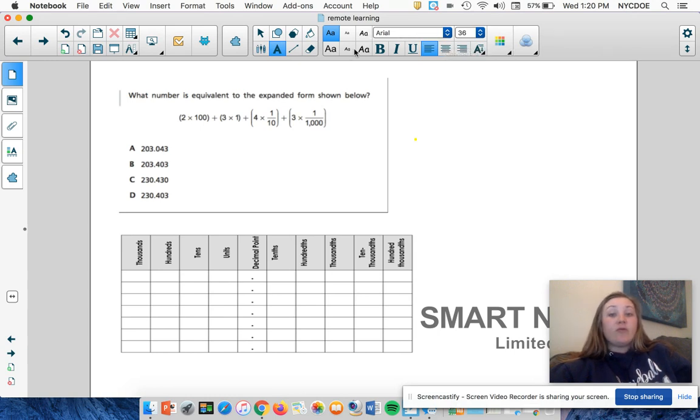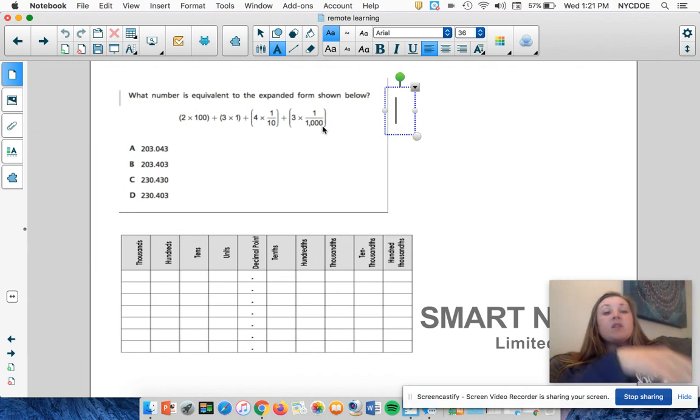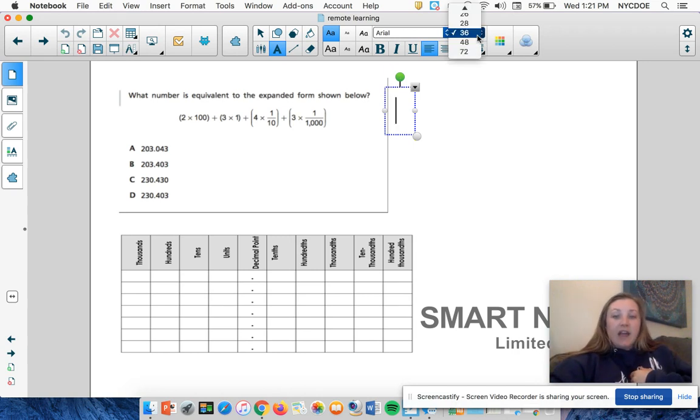Now, if we don't remember what expanded form is, expanded form gives the value of a digit and the value of its place in the number system. So again, we have the value of the digit, which is 2, and its place value location, which is in the hundredths place. If I was going to use a strategy, which is solving each equation that's in the bracket first before I found my number, we could do this by just how the form of this number is. So our question says, what number is equivalent to the expanded form shown below? Strategy that I always use is,